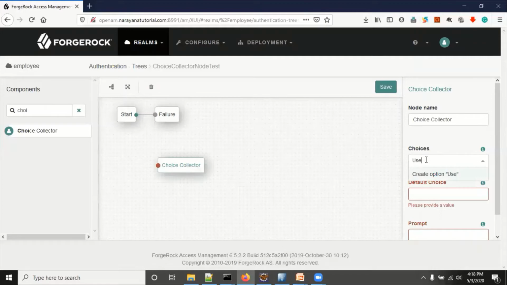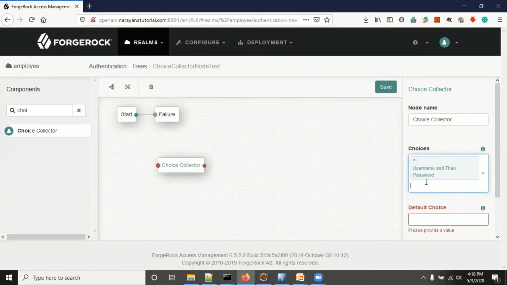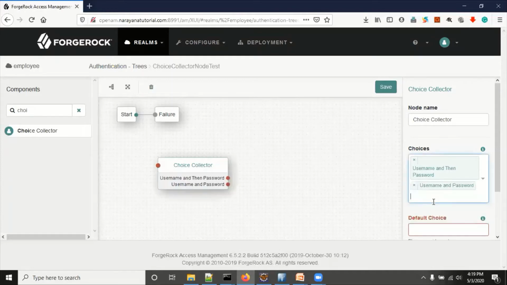The first choice is username and then password. Click on the create option at the bottom. The second choice is username and password. Select create option. Now we have two outcomes.